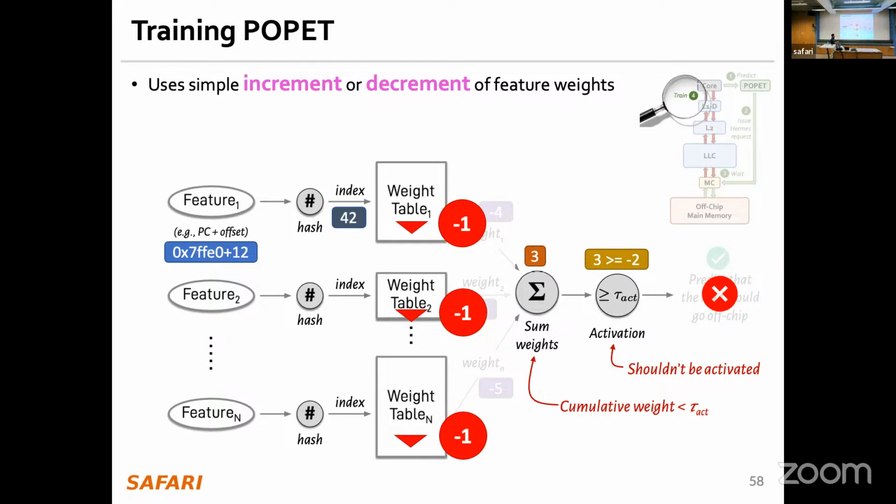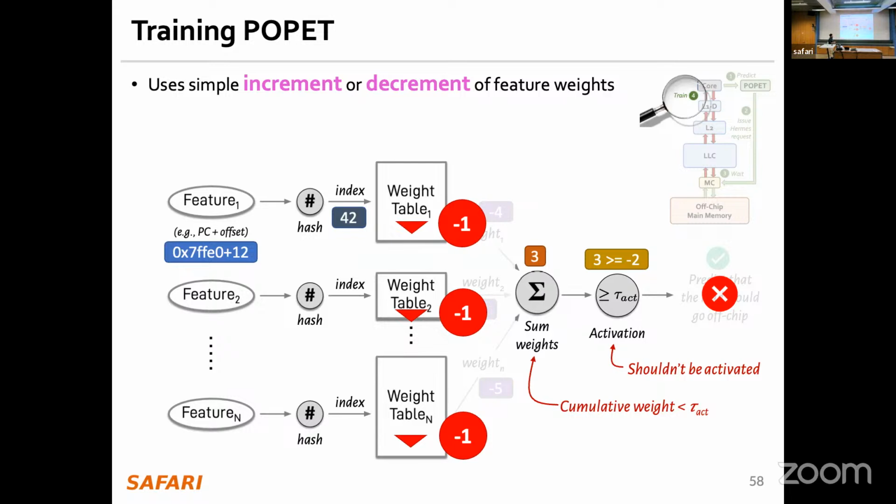So you made a prediction and that prediction was correct. Let's say it indeed goes off chip. So that means what you did was correct. That means your activation threshold was indeed correct. So you can decide that, okay, if I have already satisfied that activation threshold, maybe I don't need to increment. But let's say your prediction was different in this case,